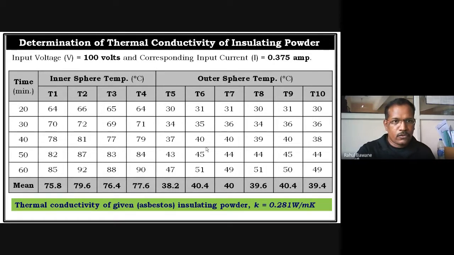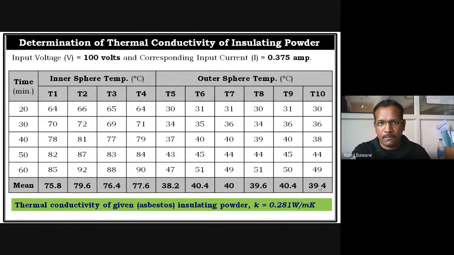This is the time frame: 20, 30, 40, 50, 60. Inner sphere temperatures T1, T2, T3, T4 are the readings which I observed. Then outer sphere temperatures T5, T6, T7, T8, T9. These are the readings. Then at last I took the mean of all these, so the average. On the basis of this average reading, you have to calculate the thermal conductivity of